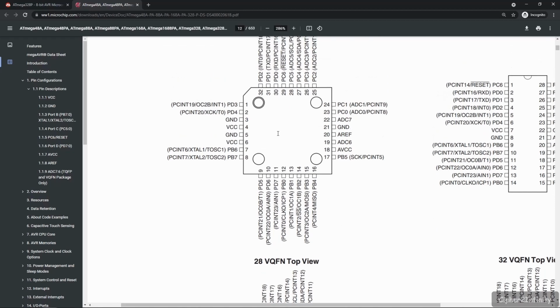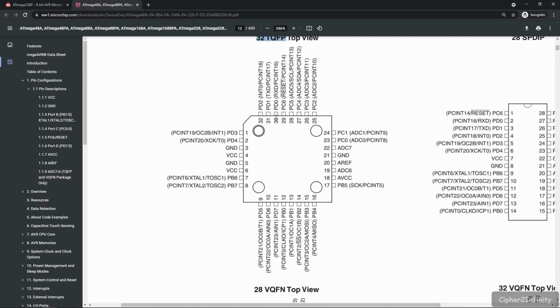Now, if you see here, they have defined the functionality for each and every pin of this microcontroller. For example, PD1: the functionality of this pin is that it acts as a TXD pin, the transmit pin, and it also acts as a PCINT pin.